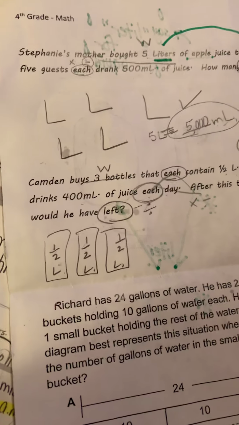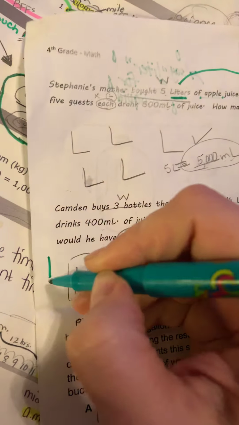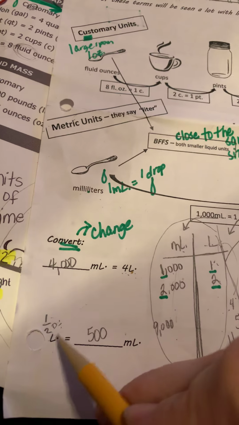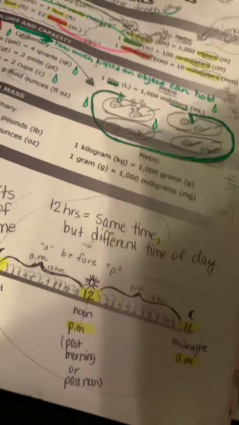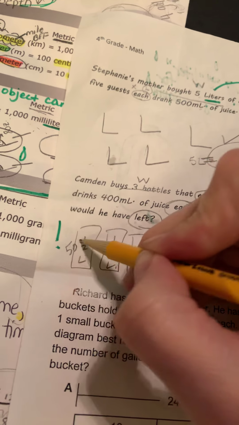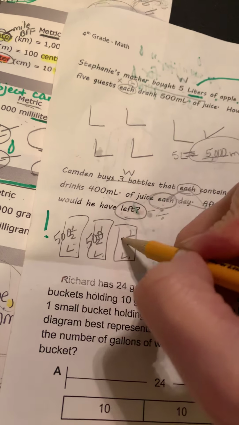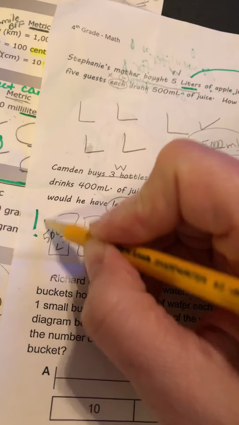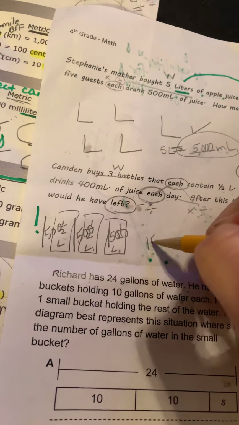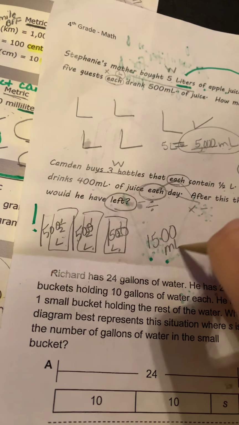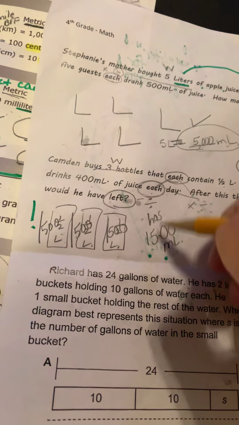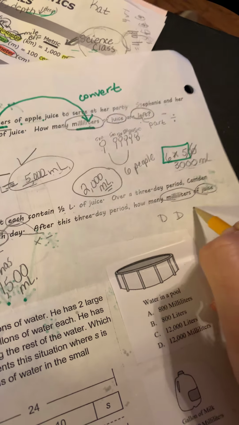Are these milliliters? Nope. Red flag. Better convert. Well, I remember doing this on the front. Half a liter is 500 milliliters. So that's 500, 500, 500. 5, 10, 1,500. Camden has 1,500 milliliters. And over 3 days, 1, 2, 3 days, he drinks 400